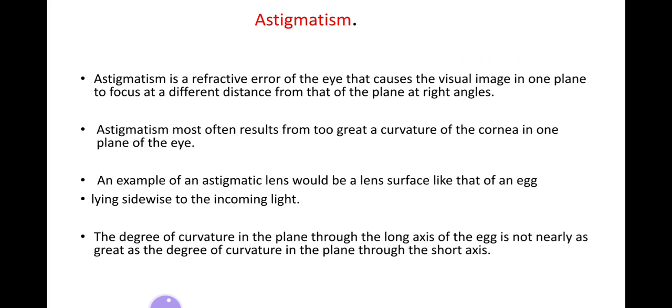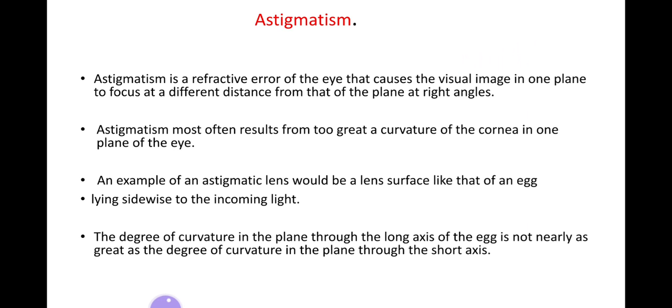Next disorder is astigmatism. What is astigmatism? It is the refractive error of the eye that causes the image in one plane to focus at a different distance from that of the plane that is at right angles. It results from too great a curvature of the cornea in one plane of the eye. An example of an astigmatic lens would be a lens surface like that of an egg lying sidewise